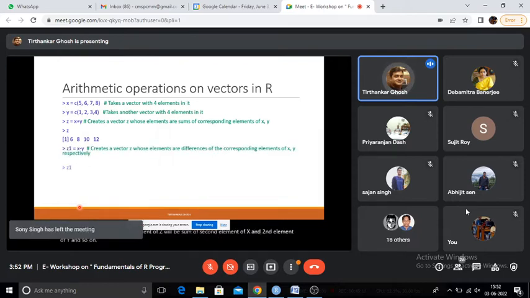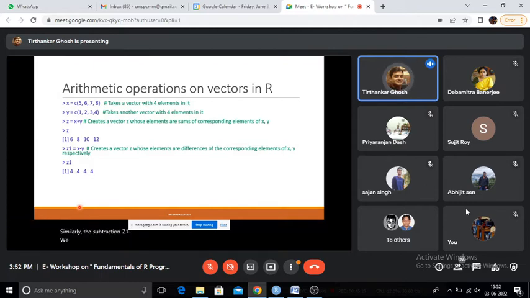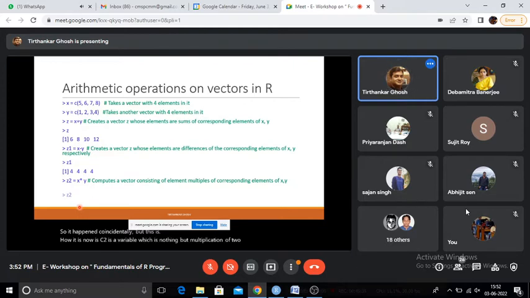Similarly, the subtraction Z1 we did, so 5 minus 1, 4, 6 minus 2, 4, 7 minus 3, 4, 8 minus 4, 4. So it happened coincidentally, but this is how it is. Now Z2 is a variable which is nothing but multiplication of two vectors, which is giving us again a vector which is nothing but multiplication of the corresponding elements.